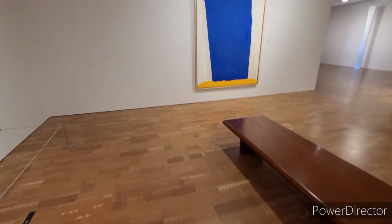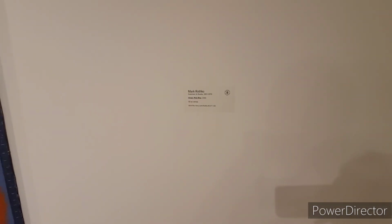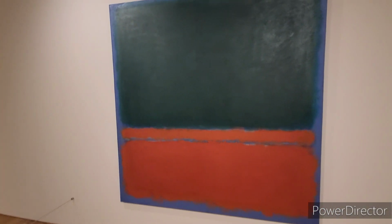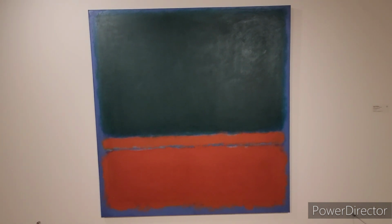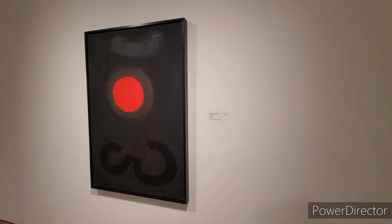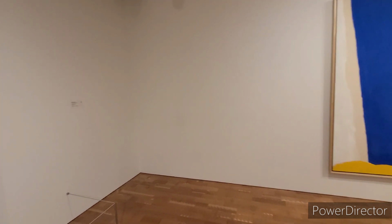Okay, so I am coming up to right now. Let me just check the nameplate. Yeah, this is the most expensive piece of art that the museum has, and he told me a long backstory on this artist here, his history, but this is the piece. He didn't tell me how much it's worth. But he says if you happen to sit here now and stare in that area for about 5 minutes, this painting will start having colors run at you and play tricks with your mind. There's a bench right behind me, so I might take him up on that offer and do that. But that is the most sought after art piece right here in the gallery. They do have a Monet here, but that's on loan. But he even said that this piece tops that, so